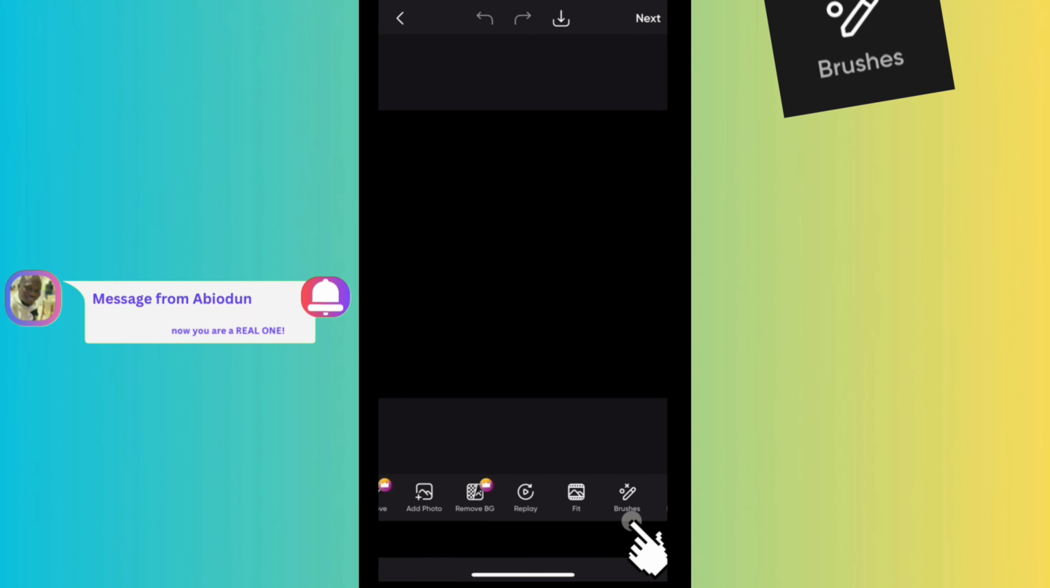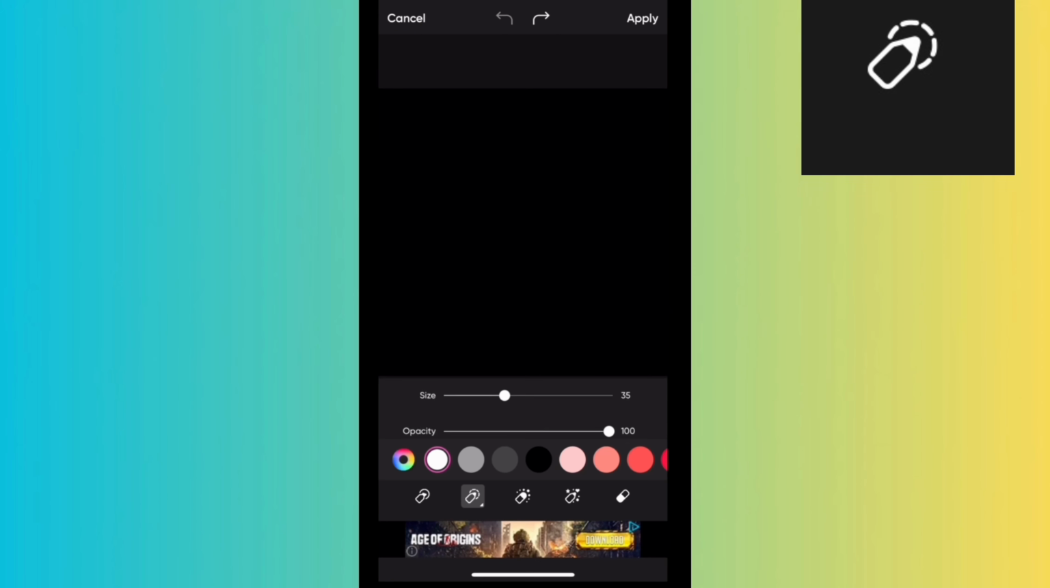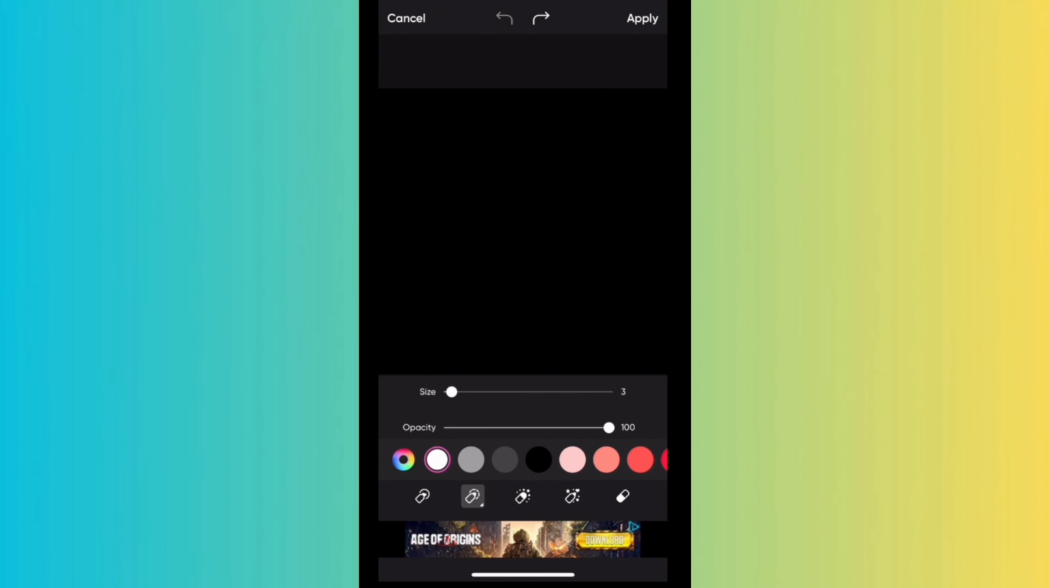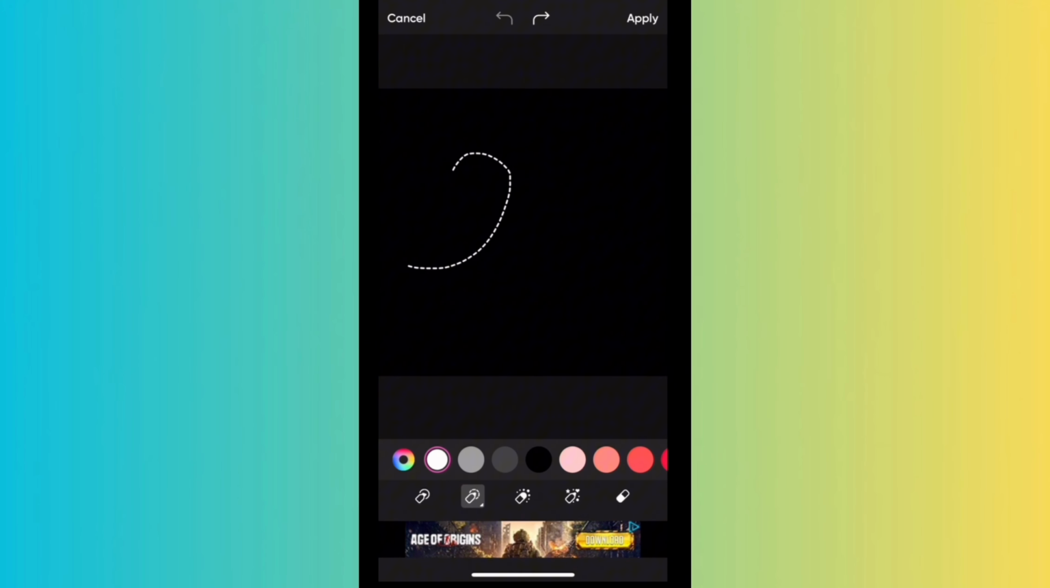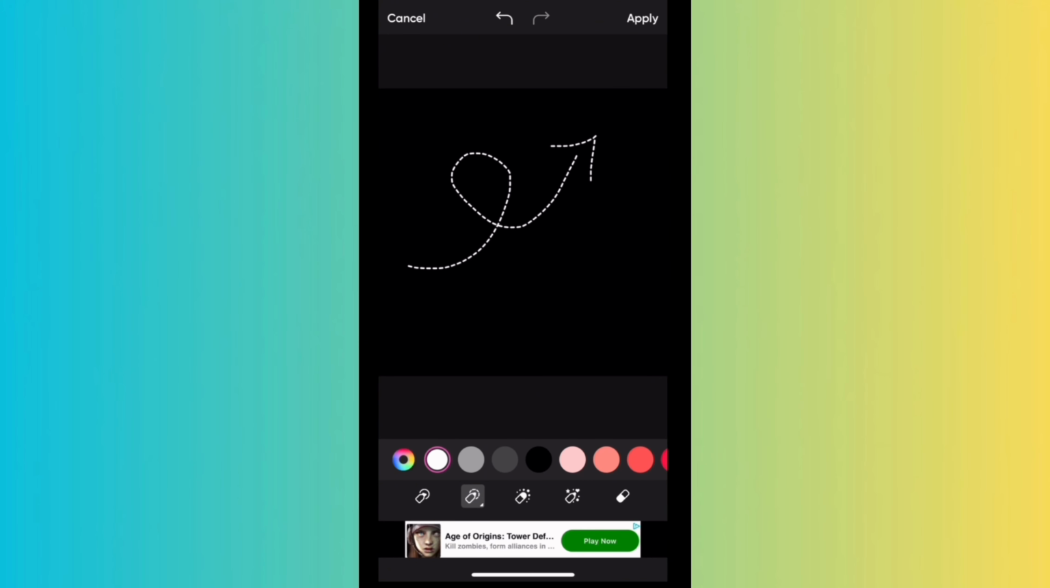Once you click on brushes, choose the second layer, adjust it to how you want the size to be, then start drawing and use a screen record to record all the drawing you want to be doing. You can draw as much as you like, but for the purpose of this project, I'll be drawing an arrow. After you have screen recorded your video,